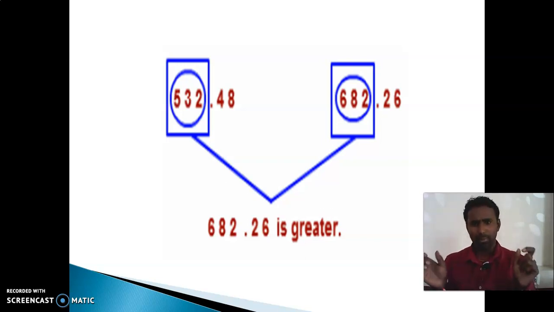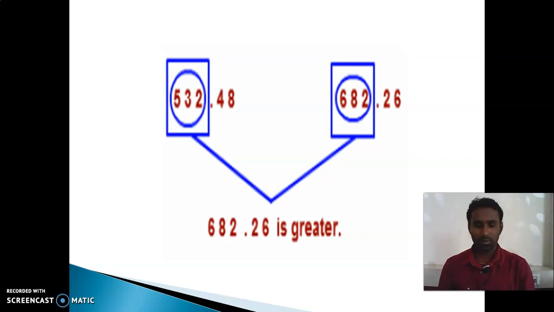If they give the same whole number, for example 12.41 and 12.45, then we have to compare the digits after the decimal point. From that we can compare. We'll see that in the next session, because this is a new chapter. Initially you have to struggle a bit, but if you do every problem it will be very easy. Anyway, I will revise all those things.